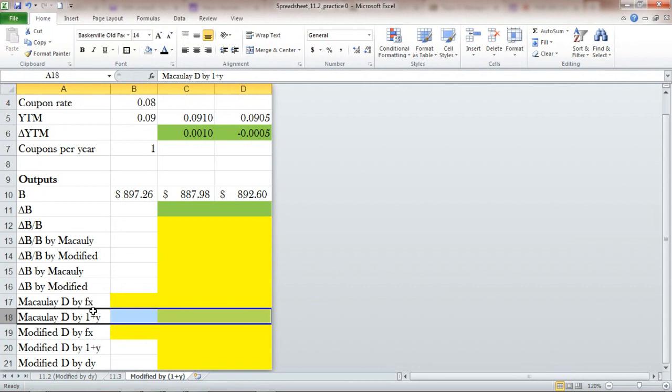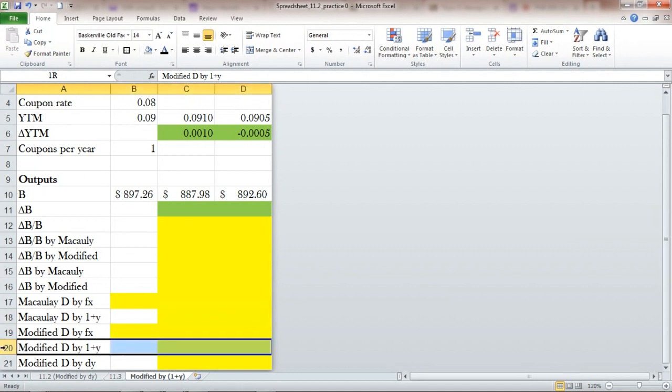The first one is the bottom two rows. Originally you had Macaulay duration and modified duration, but right below Macaulay duration, I want you to insert one row, and then below modified duration, I want you to insert two rows. Okay, insert two rows. And if you have deleted everything,